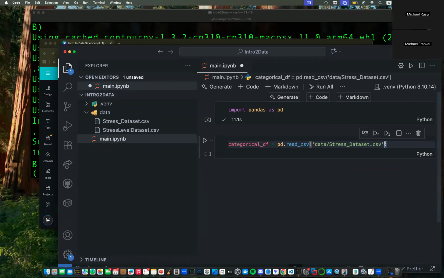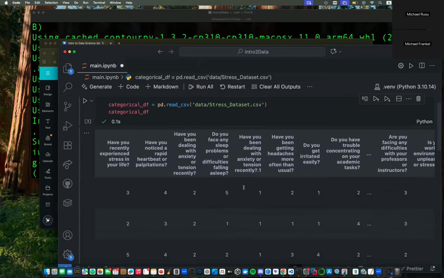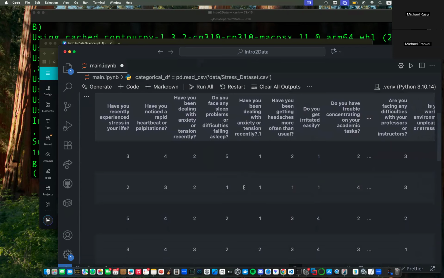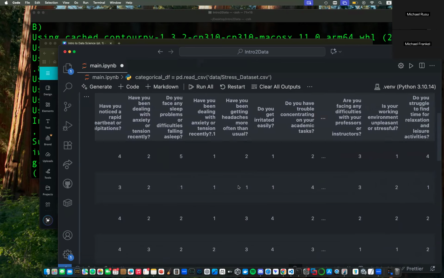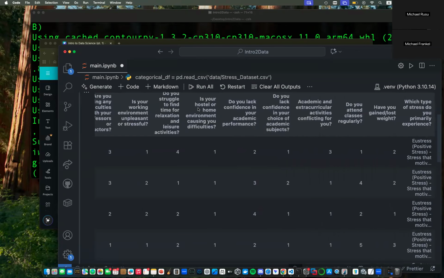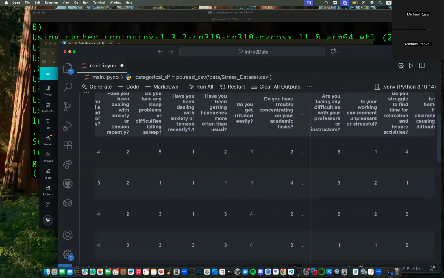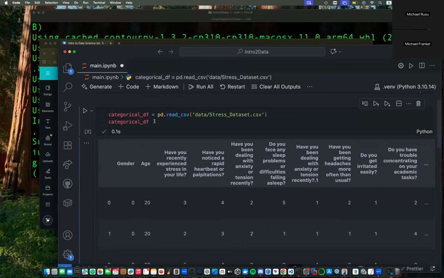There are a lot of cool things we can do with pandas. Print the data frame, and this is what you should get right here. Notice it's built like an Excel spreadsheet. You can also consider it a 2D array. So pretty much we have a bunch of categorical data, a bunch of words that we'll be working with. And then we also have our other data set that we need to load.